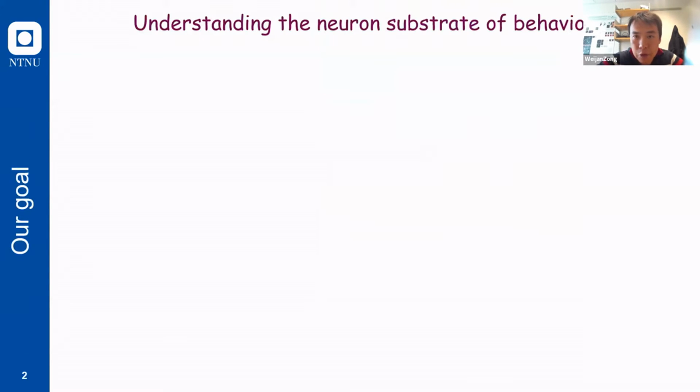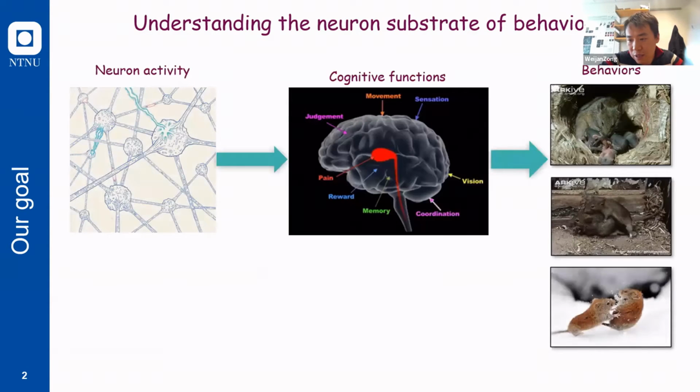So I will start by introducing the purpose of why we want to make such a thing small. So I think one of the major goals of 21st century neuroscience is to understand the neural substrate of behaviors. And most of the neuroscientists now have agreed that the behaviors,